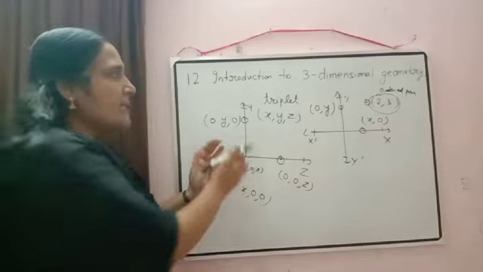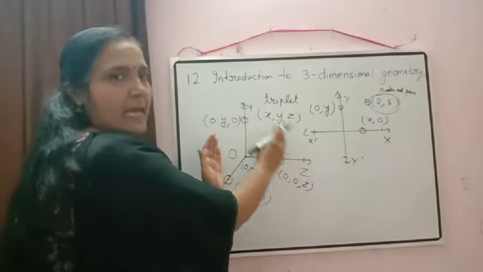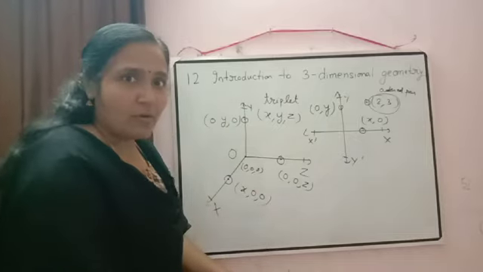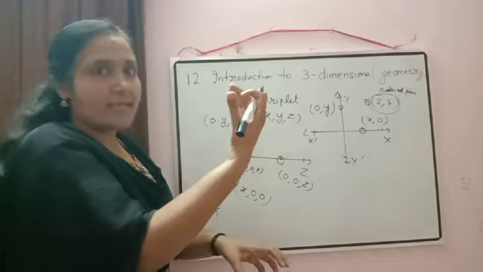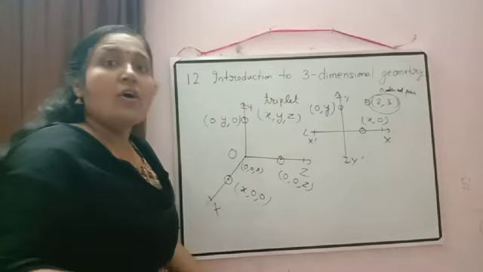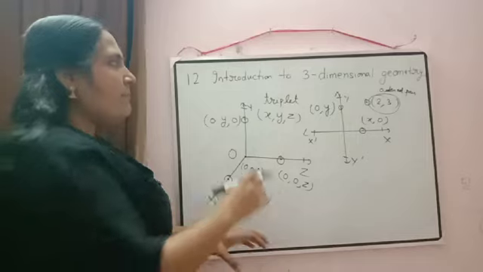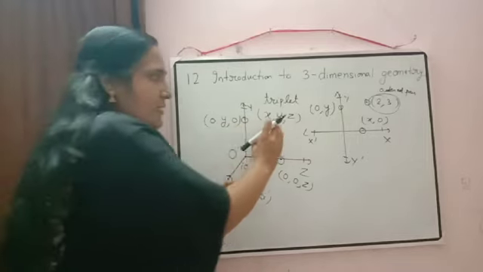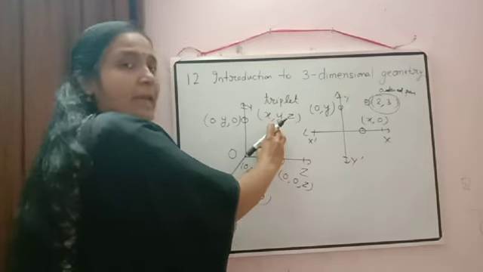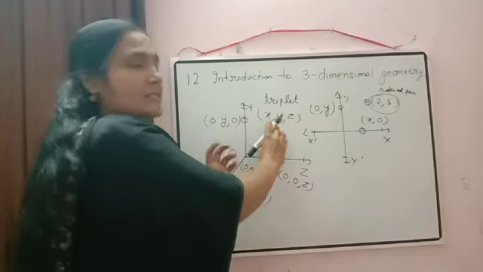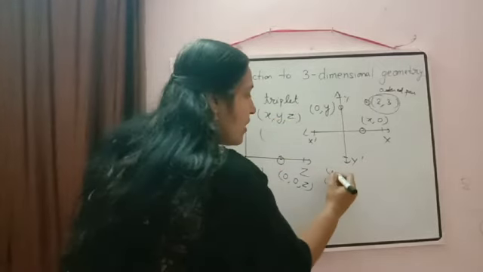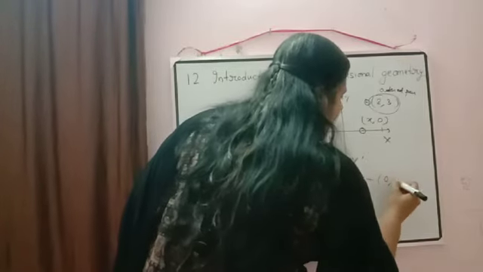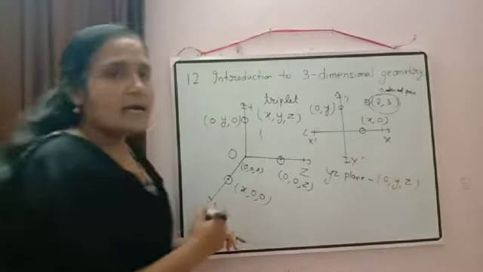Now if a point is in the xy plane. The xy plane means, suppose a ball is there on the floor. So from the floor, height is not there, correct? So the ball is in a 2-dimensional plane. In the same way, if a point is in the YZ plane, it means from the x-axis its distance is 0. So if the point is in the YZ plane, then its format will be in this way: 0 comma y comma z.